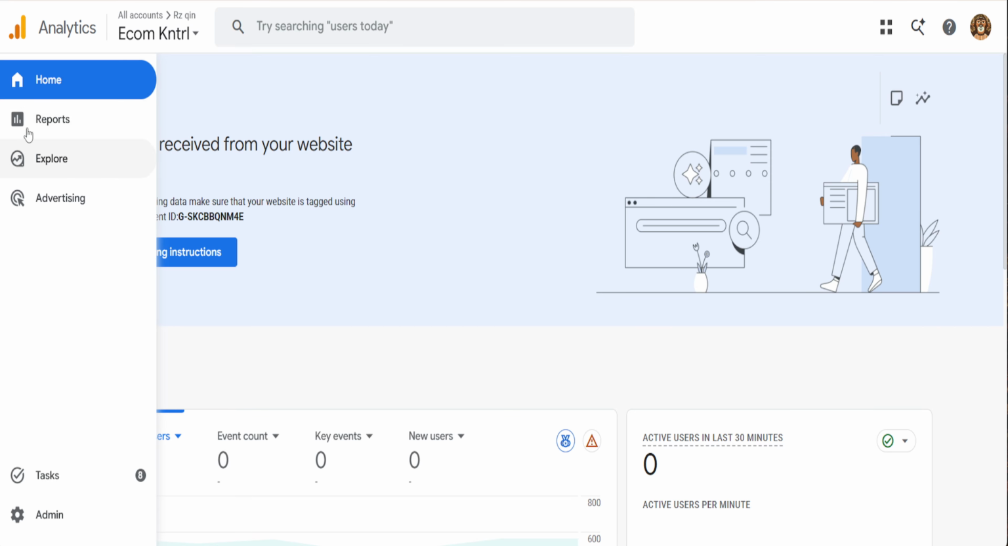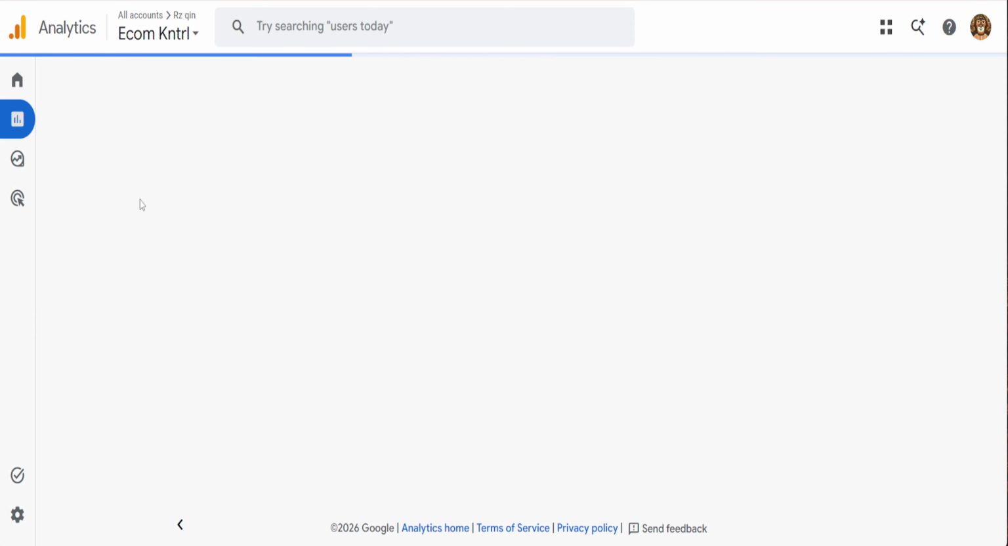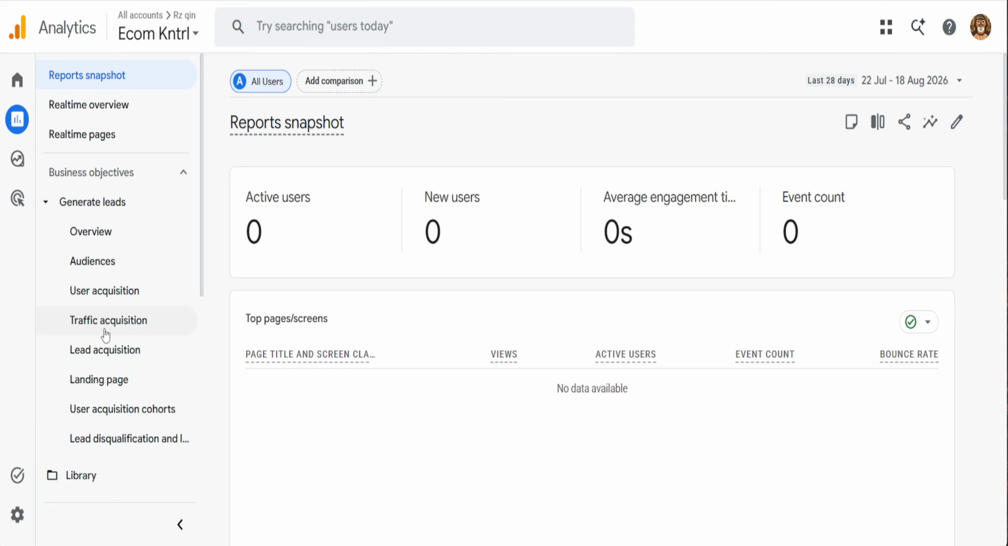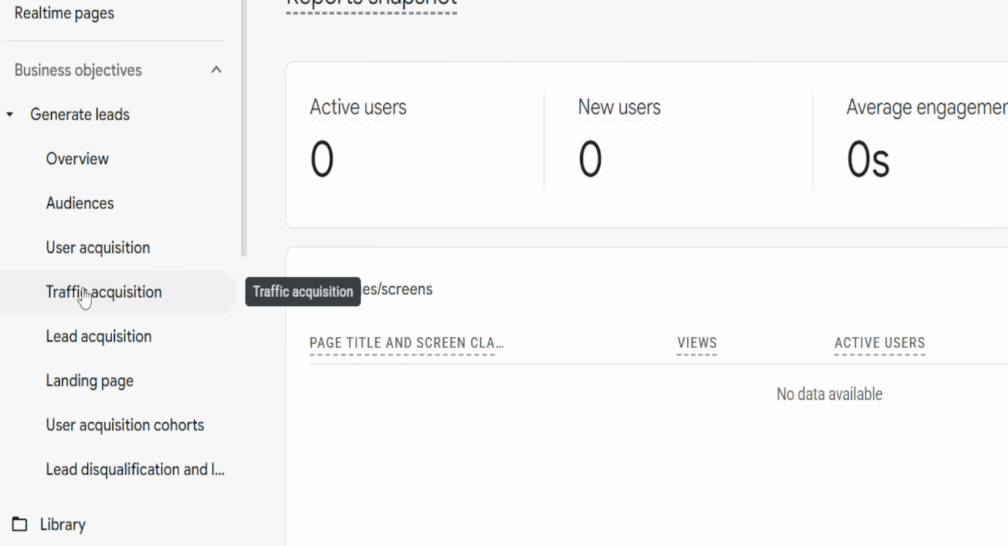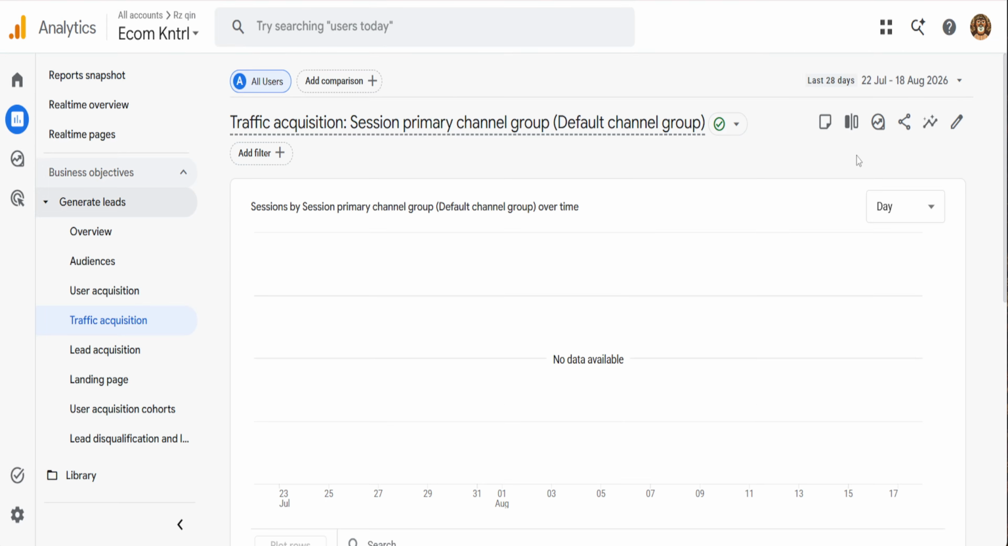Then in the left-hand menu, click Reports. From here, open Acquisition. This section shows how people are finding your website or app, such as through search engines, social media, direct traffic, or paid campaigns. You can choose either user acquisition or traffic acquisition, depending on what you want to analyze. User acquisition focuses on the first channel that brought a user to your site, while traffic acquisition shows the channel